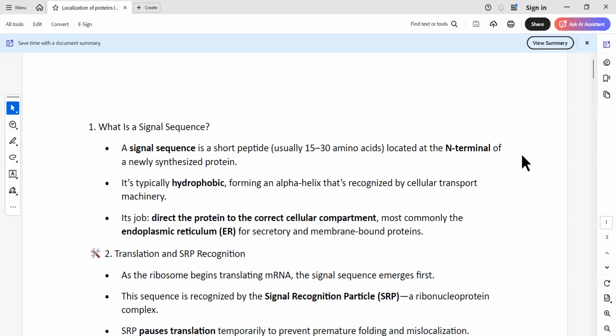Now, the point is that we are saying that the signal sequence is only significant in localization of the protein, but this statement may not be completely true. Why? Because this signal sequence is also very, very important for the expression of the protein. If it is an N-terminal signal sequence, it is absolutely essential for the expression of the protein. Also, the level of expression might depend upon the signal sequence. তার মানে হচ্ছে, if you remove the signal sequence, the protein may not express properly.